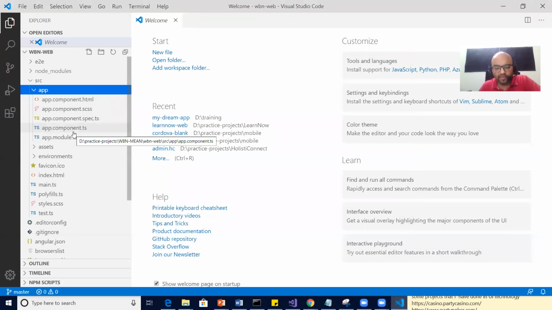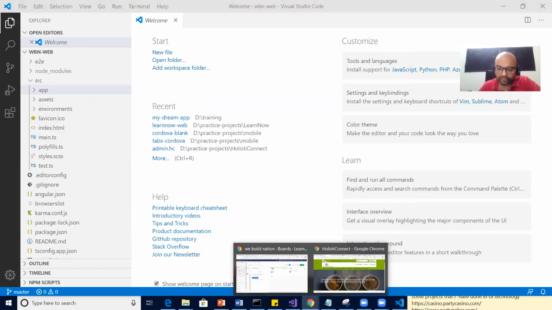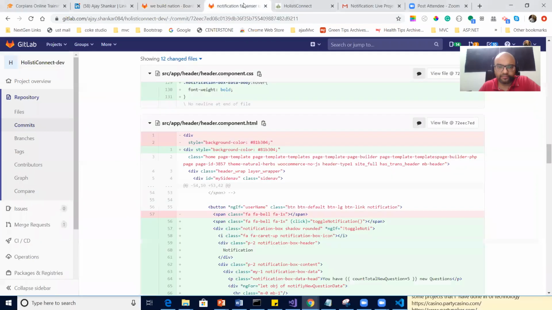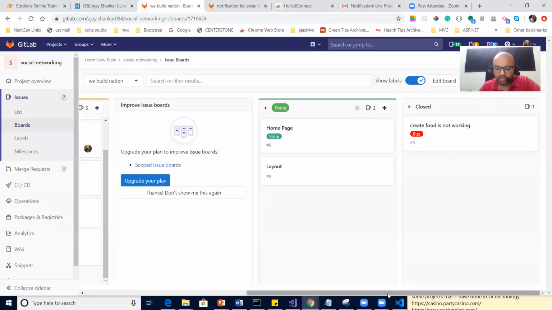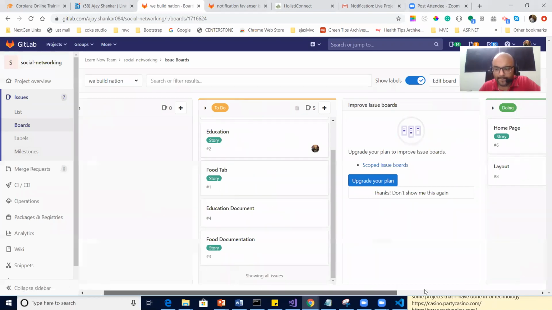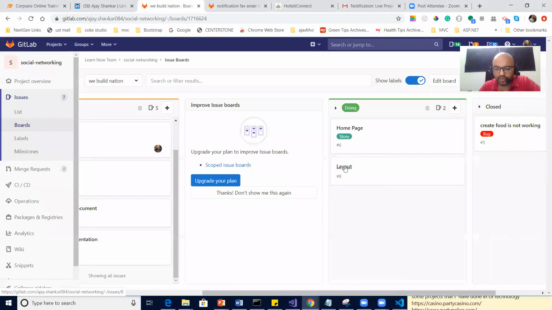So how are we going to design it? It will take time to decide the layout. So why don't we do one thing?